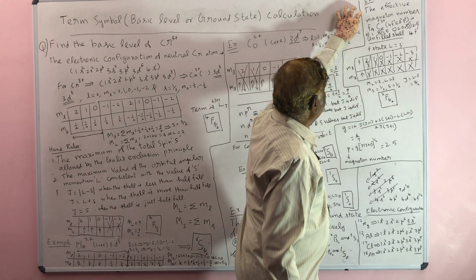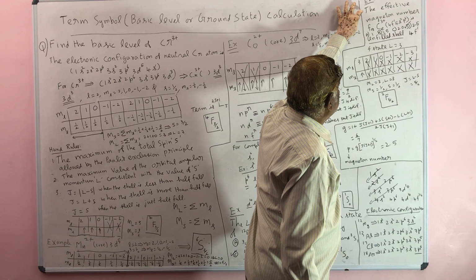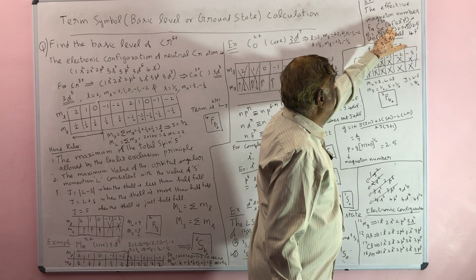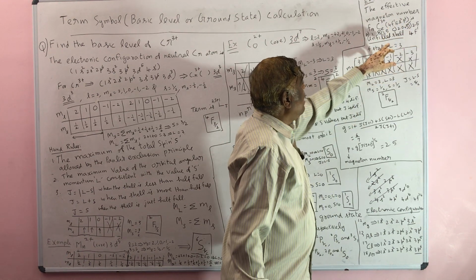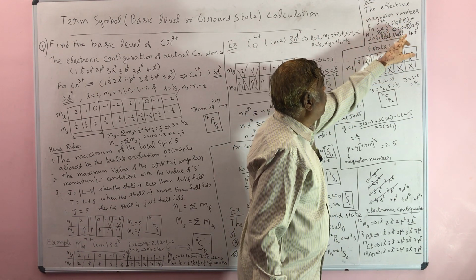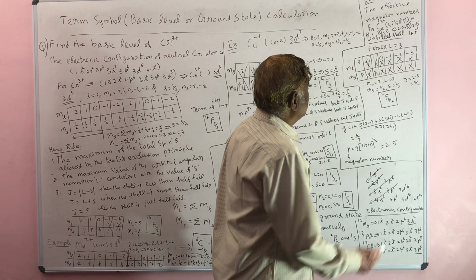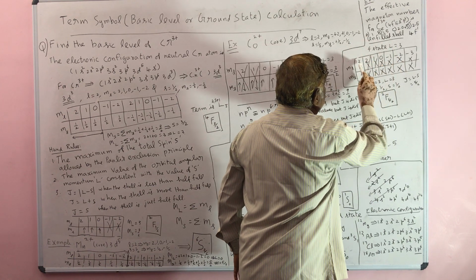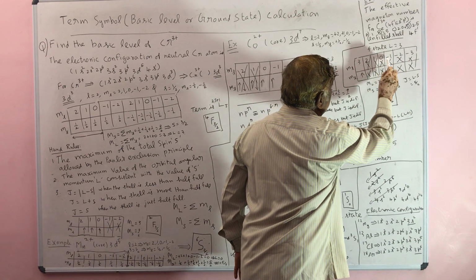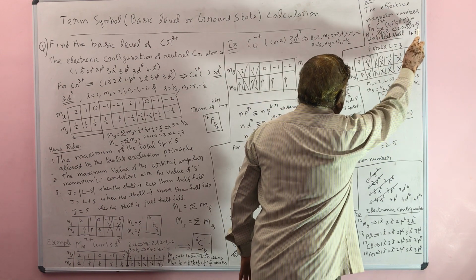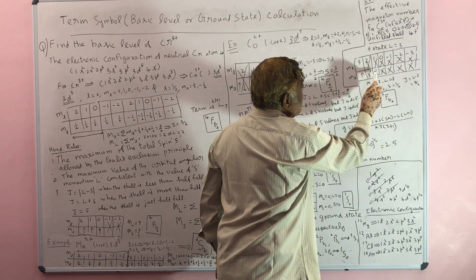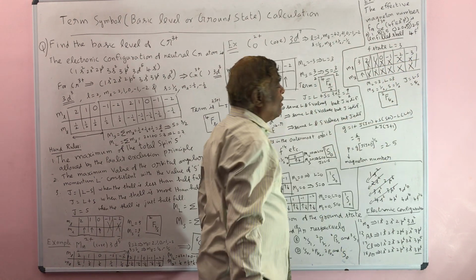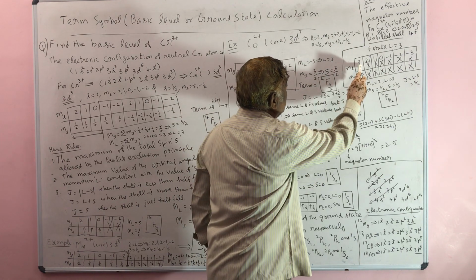Then another example is, now let us take the effective magneton number for the cerium-3 plus ion. The electronic configuration is given. The last shell is 4f1. This is an incomplete shell. There is only one electron. So for the f state, L is equal to 3, which means Ml is equal to 3, 2, 1, 0, minus 1, minus 2, minus 3. But there is only one electron. So this is the only one. So this is an unfilled shell. Unfilled shell can be removed for calculation. So you need not worry about the unfilled shell. So this is Ml is equal to 3.